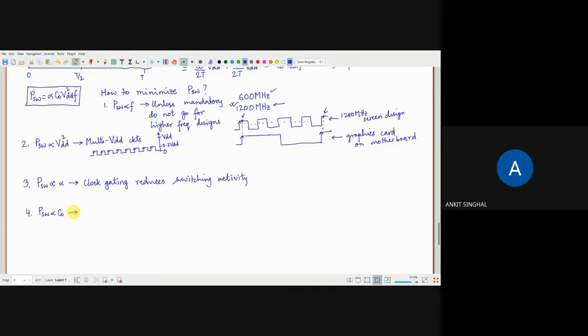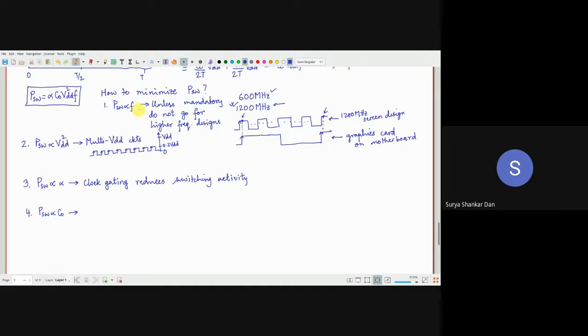As the technology reduces, then capacitance will be reduced. Yes, scale. Actually, to be honest, if you are changing the technology node, whenever you are reducing the dimensions and all that, all of these will be benefited. To be honest, even the frequency will actually improve. I mean, you can go for higher frequencies also because the delays will be reduced.